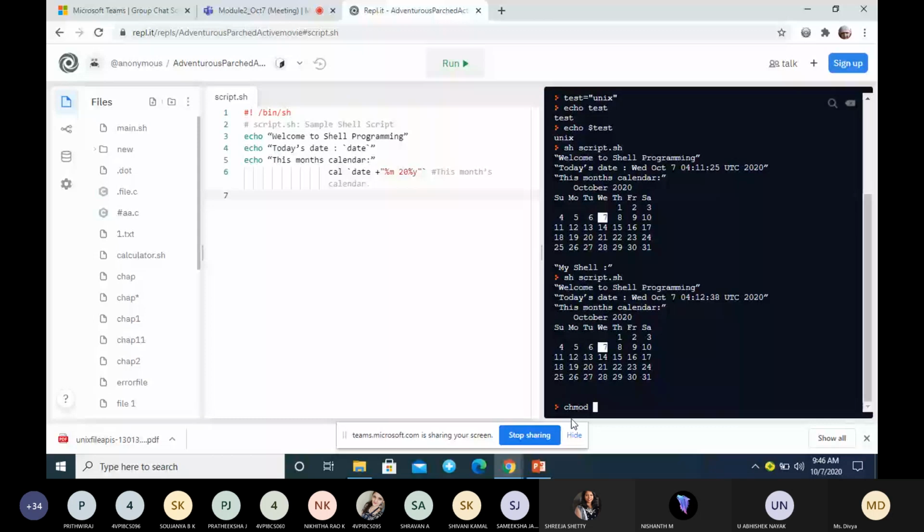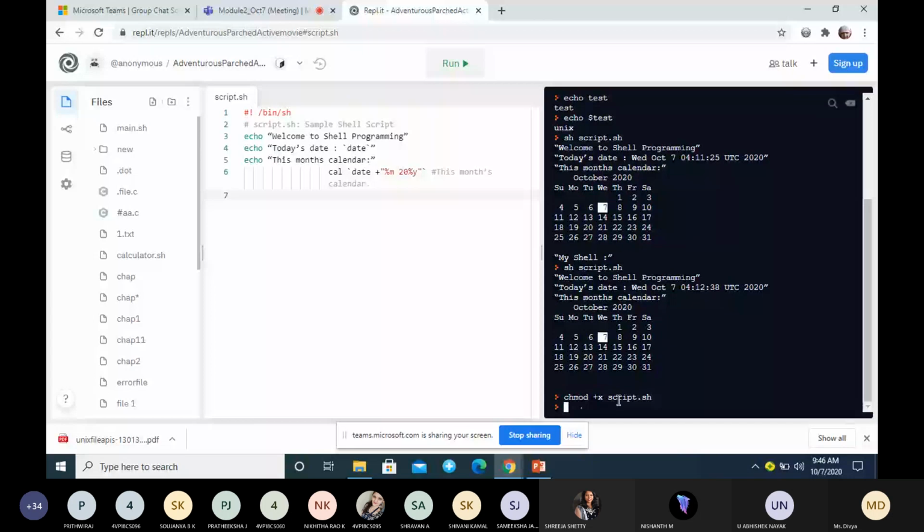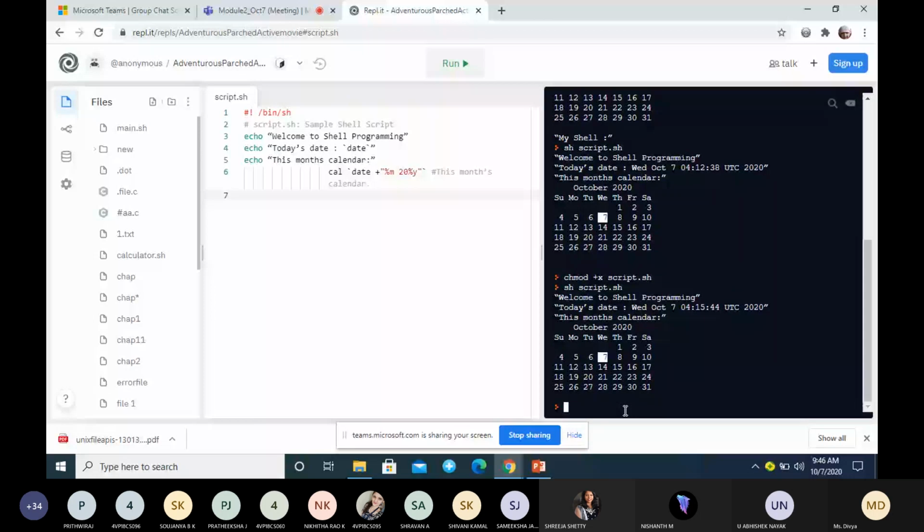This is the relative mode, where I'm giving execute permission for all the groups, plus x. This will give the execute permission for the file script.sh, and then execute the file script.sh.